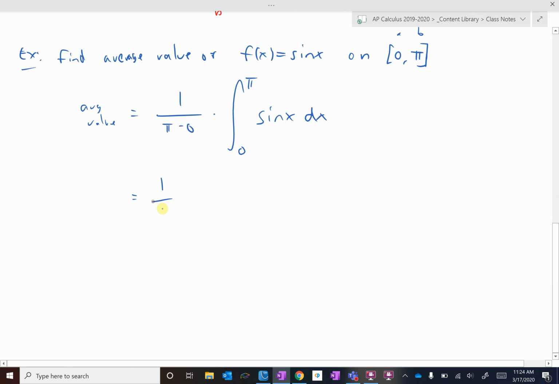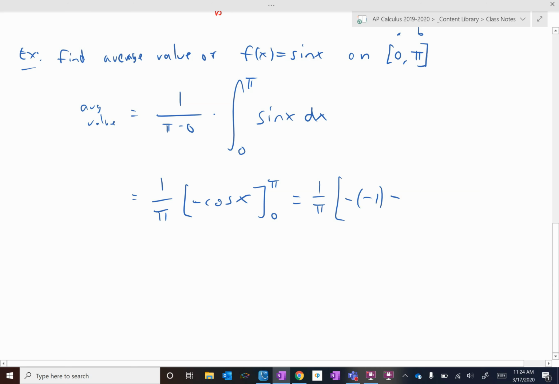So this would be 1 over pi times the antiderivative of sine, which is negative cosine, evaluated at 0 and pi. You could plug in the values here. We'd get 1 over pi times negative cosine of pi. Cosine of pi is negative 1, so negative 1